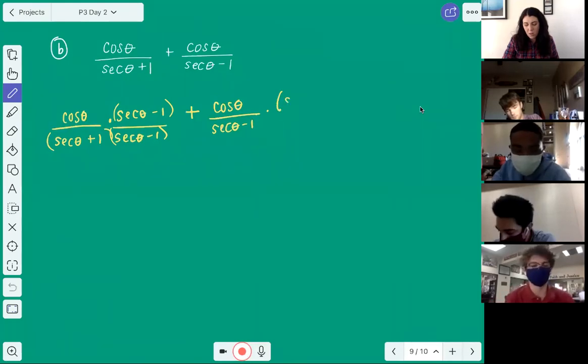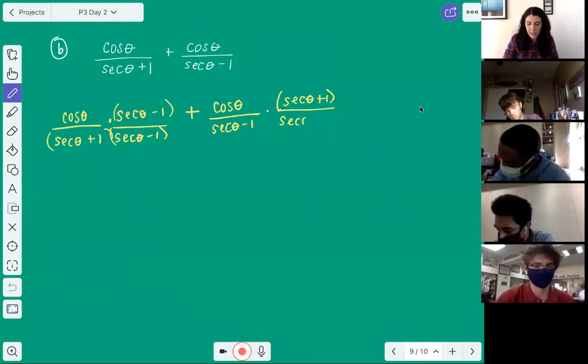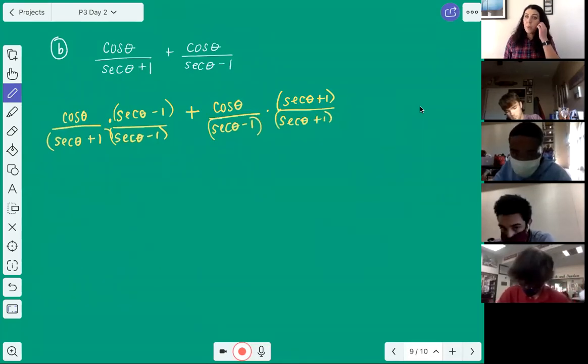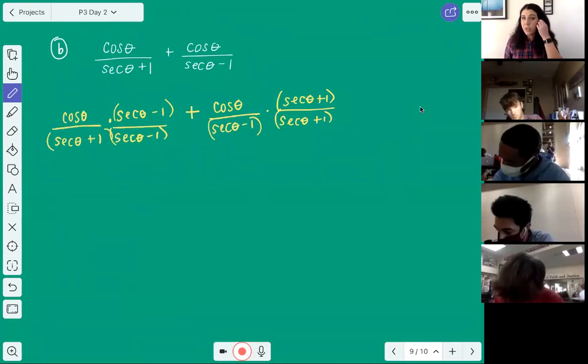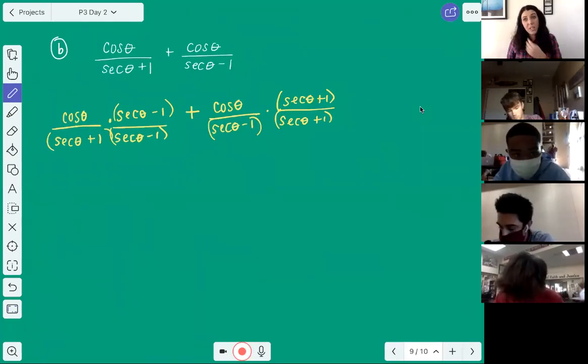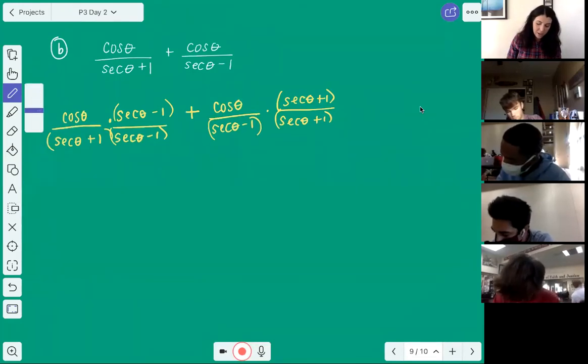Secant theta plus 1. Fantastic job. Secant theta plus 1. Excellent. Okay, and now Reese was exactly right that these are the conjugates. So if you remember, when we're multiplying by the conjugates, we don't have to do all of FOIL. We just have to do the first and the last in order to simplify. So I'm able to simplify my denominators